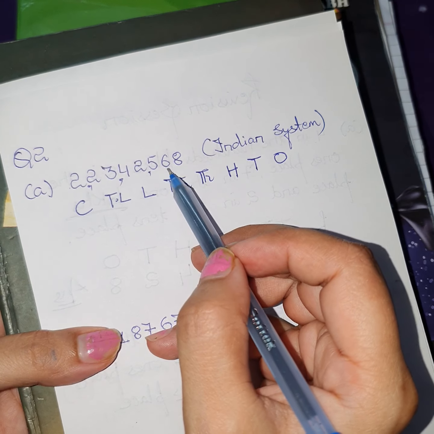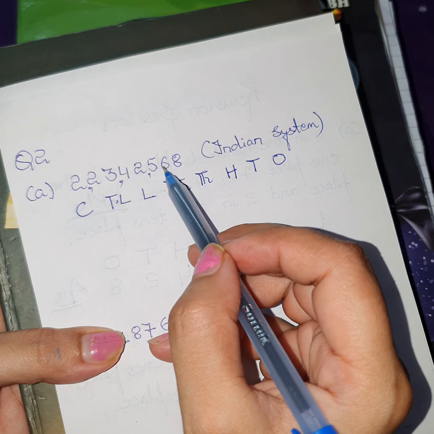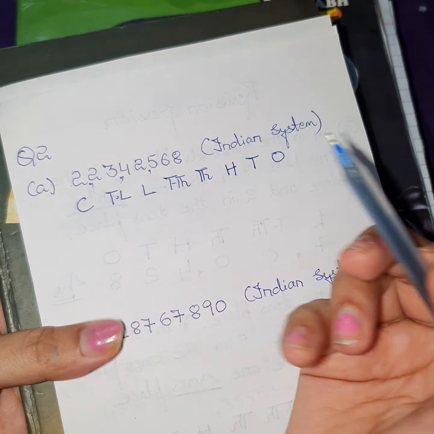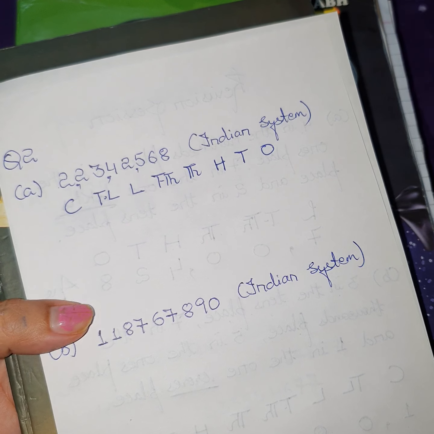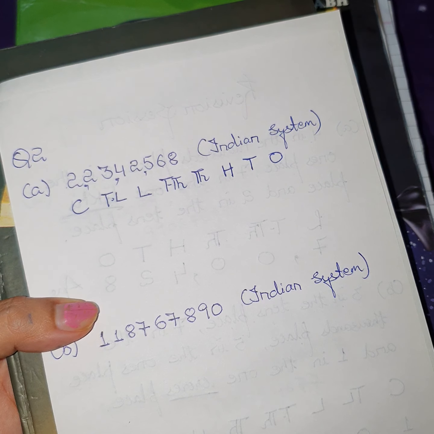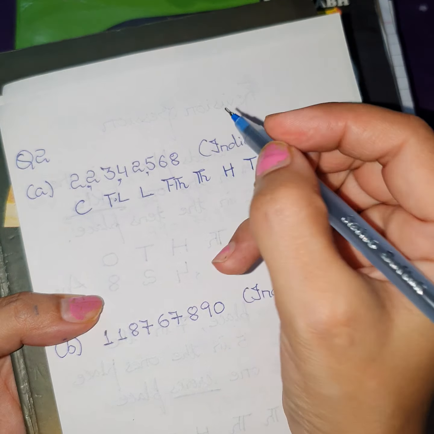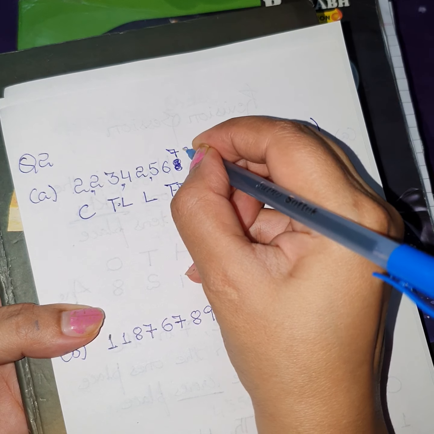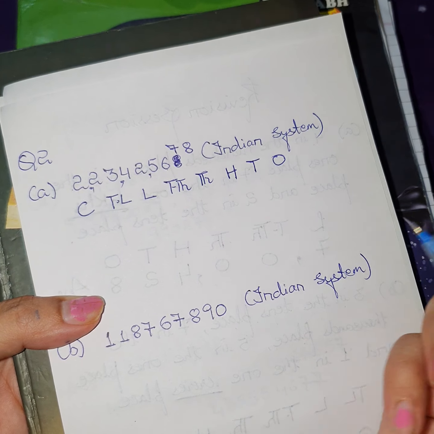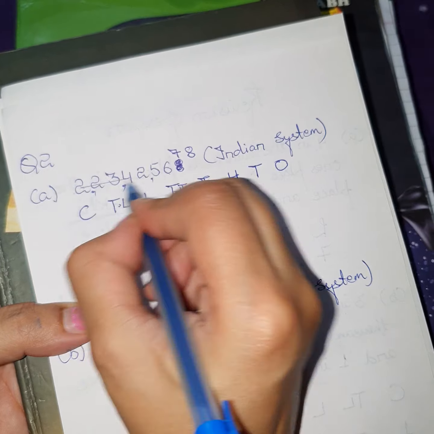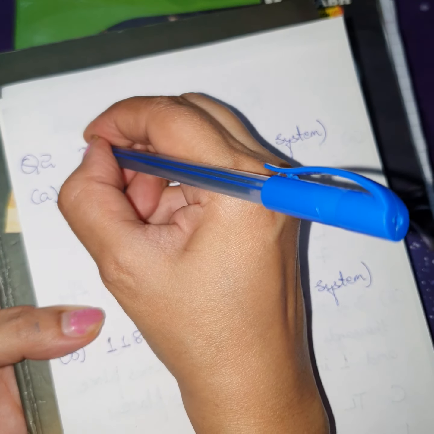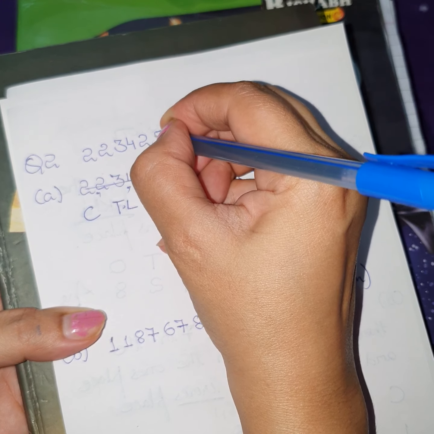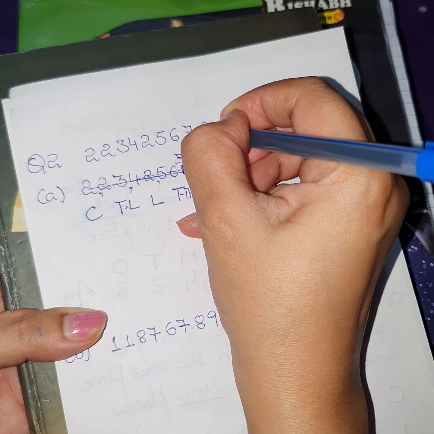So see, the number is 865. So we will start writing it from the back side. Just wait, let me check whether the question is correct or not. It is 5, 6, 7, 8. After 6 it is 7 and then it is 8. Okay. Let me write this part again for you. It is double 2, 3, 4, 2, 5, 6, 7, 8.